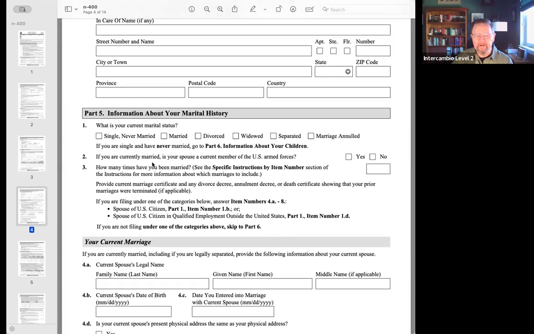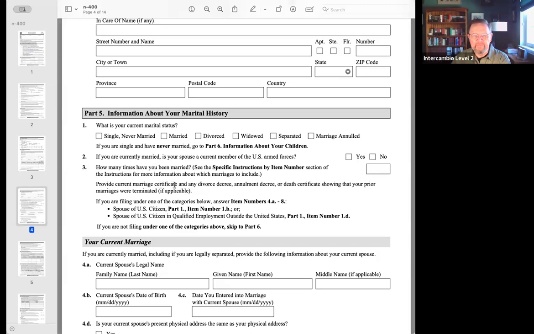If you're currently married, is your spouse a current member of the U.S. Armed Forces? Yes or no? How many times have you been married? And if you answer anything above 1, 2, 3, 4, 5, whatever, you know you're going to have to provide all of the information for those previous marriages. And all the information would be,